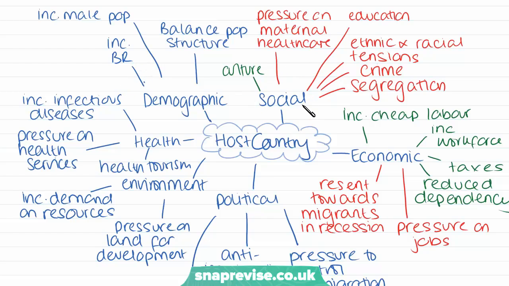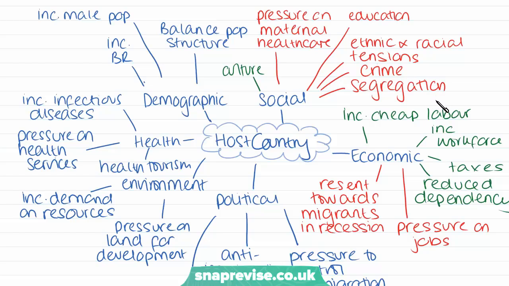Socially, the only advantage is that it will encourage the spread of culture, and in the host countries there'll be the cultural advantages of new foods, music, fashion and so on. But the negatives essentially outweigh the benefits, because there'll be much more pressure on maternal and infant healthcare, and pressure on schools, especially primary schools, with the influx of children. Also, it's thought that young male migrants might create social problems, and it can also lead to a rise in ethnic and racial tensions as well, increased crime rates,